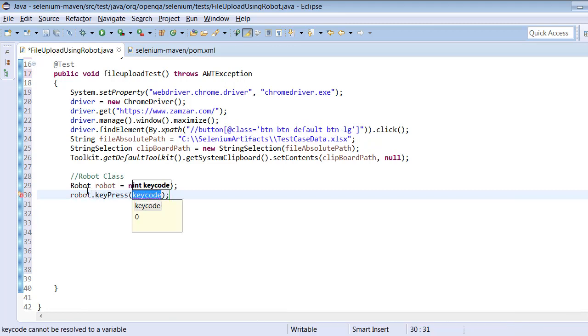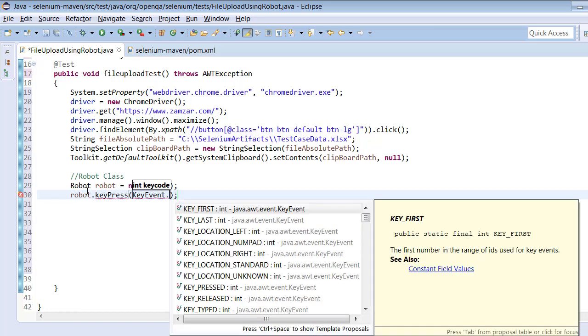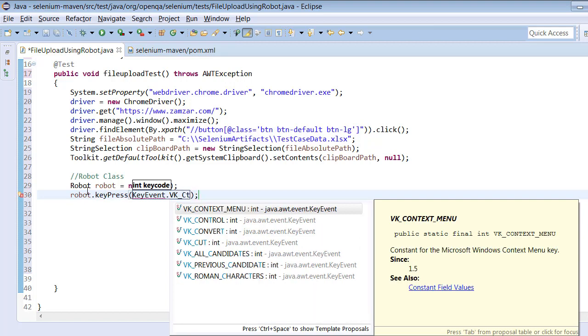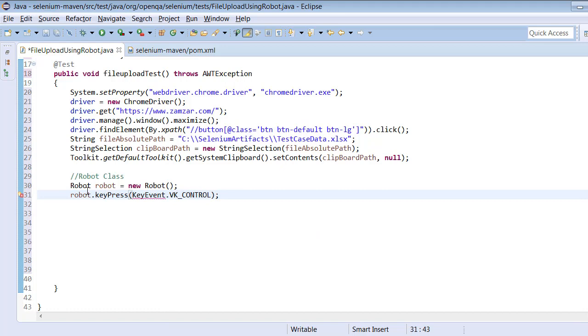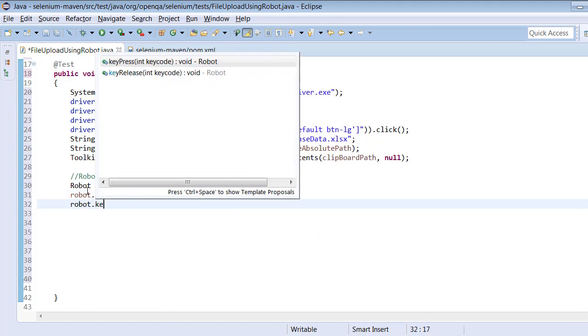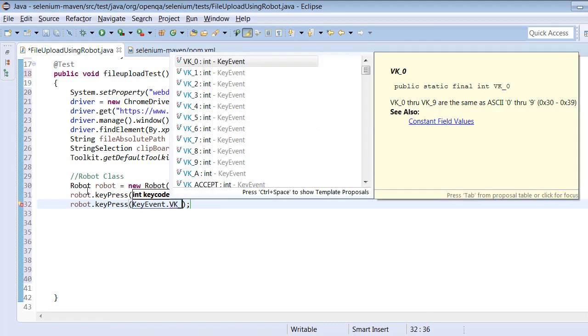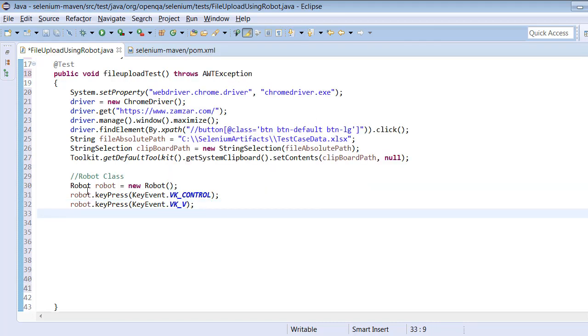Key press, then key event, as I said, native system input events. Event dot VK underscore, say control first. Then similarly, robot dot key press, key event dot VK.